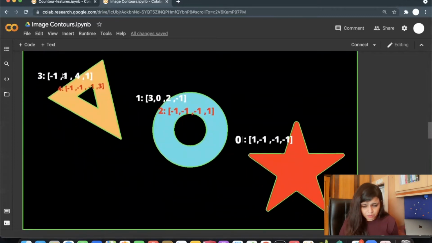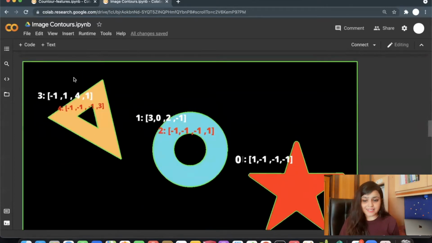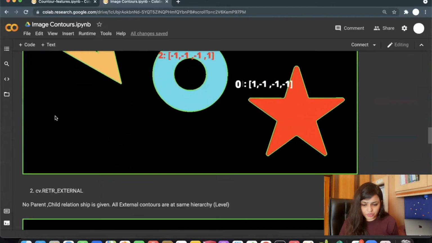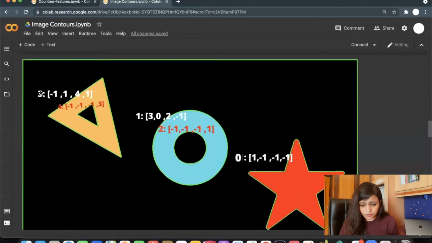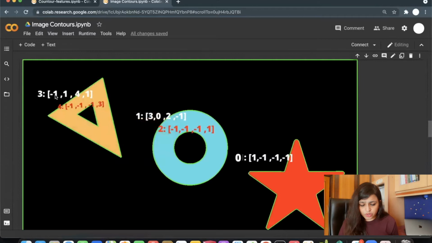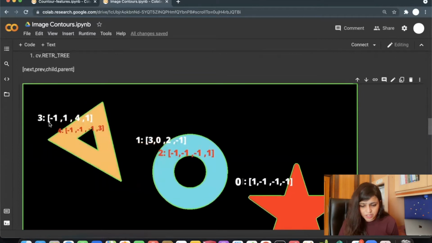So I have these objects, and in these objects there are some contours. These are contours, these contours, these contours. So how is this hierarchy maintained in the retrieval tree? Let's say this contour. The first one is next. It doesn't have any other contours on the left side or in the next object, so it is -1.